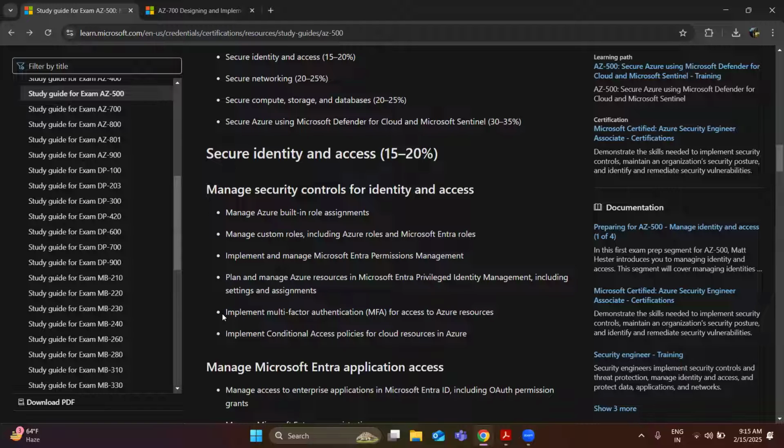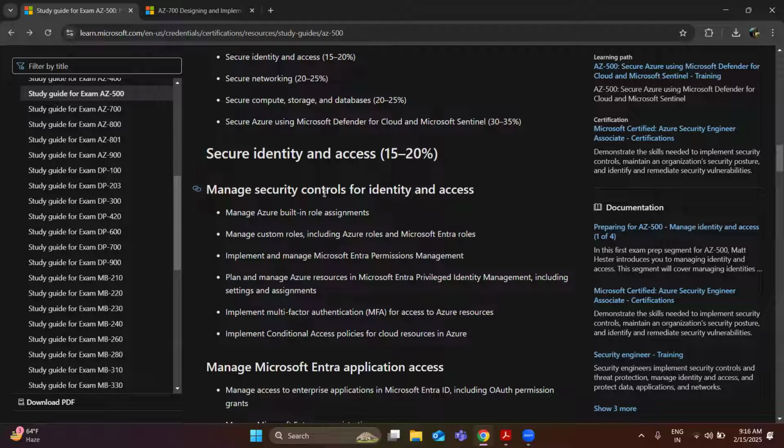Along with the password, you have to give the MFA code also from the Microsoft Authenticator application, right? Or you can register your mobile number. So how to do that, how to apply it for all the users, that we will see in the secure identity and access part,